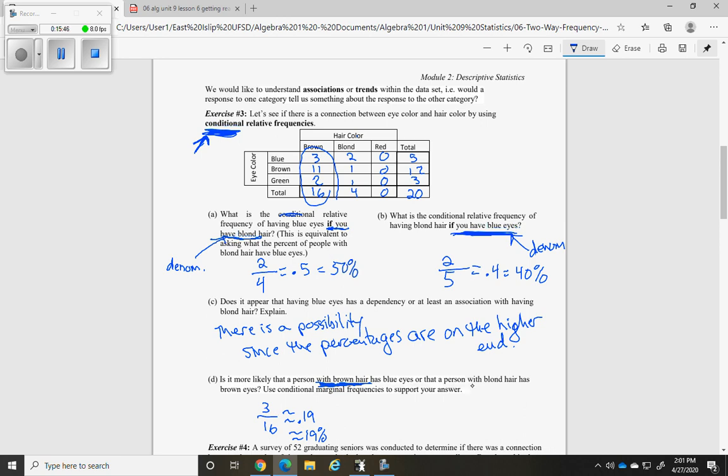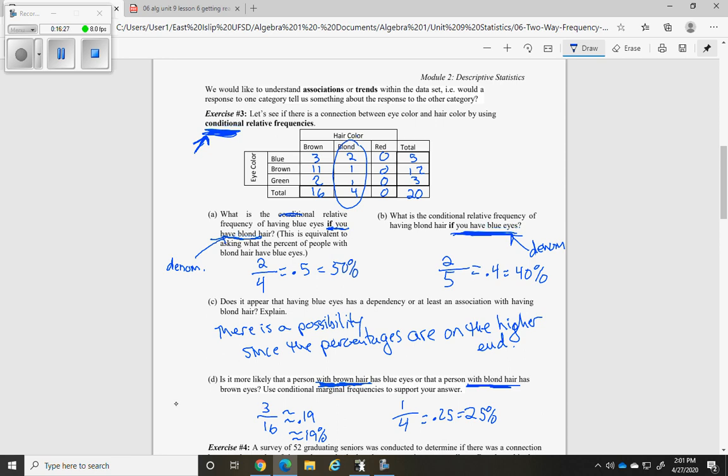But they want us to compare it with a person with blonde hair. Remember I said I'm going to underline what my denominator is. So a person with blonde hair, now I'm looking here, 4 of them, has brown eyes, 1 of them, 1/4, you know, is 0.25, which is 25%. So which is more likely? In this case, it's more likely that a person with blonde hair has brown eyes than a person with brown